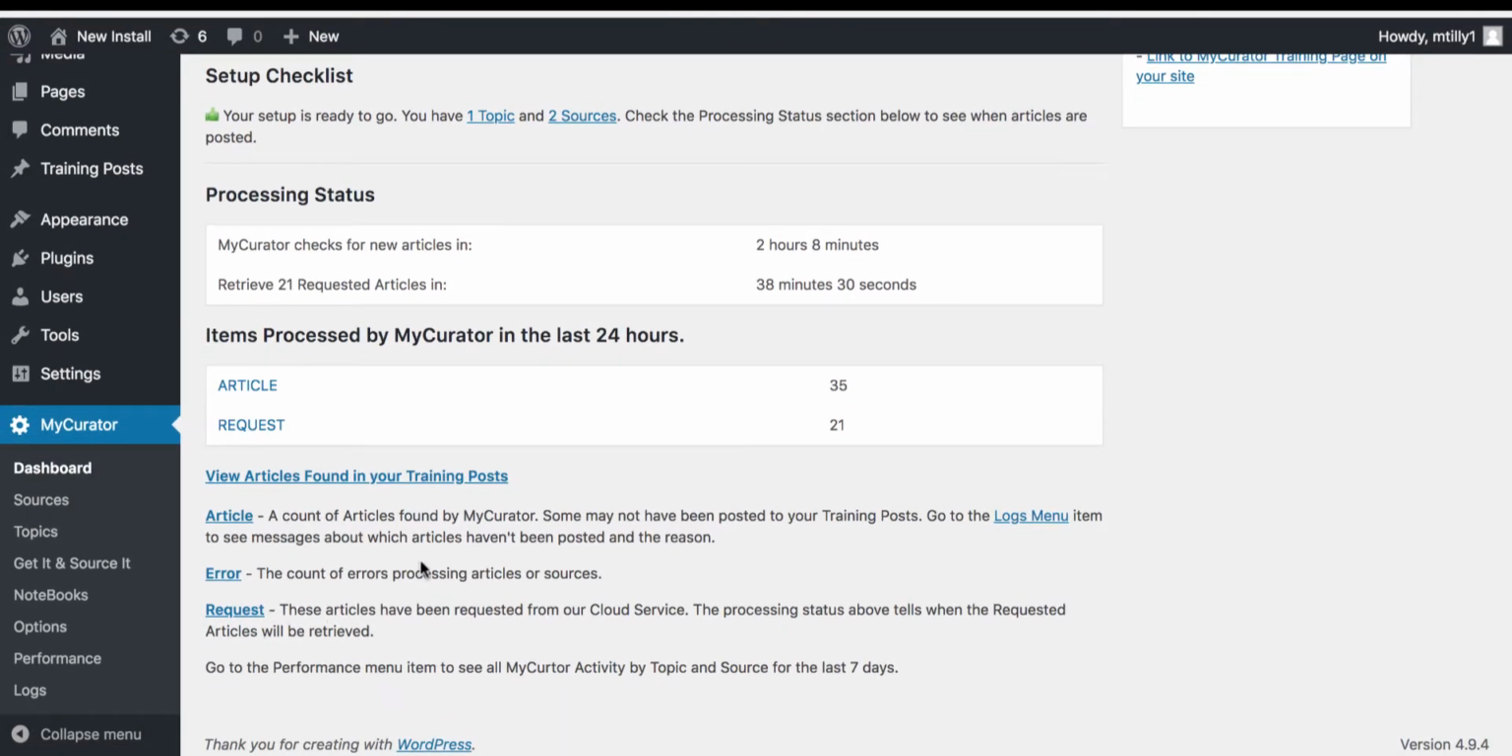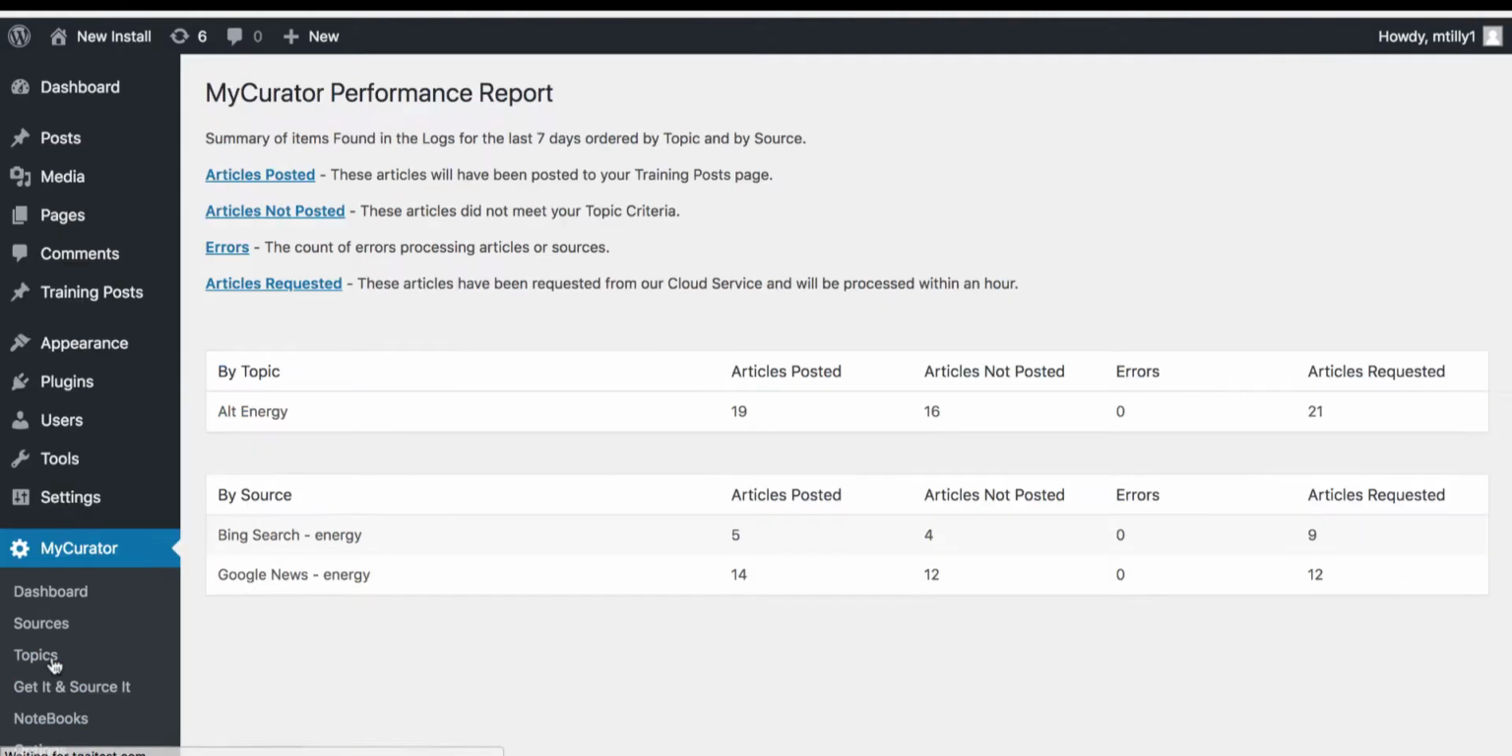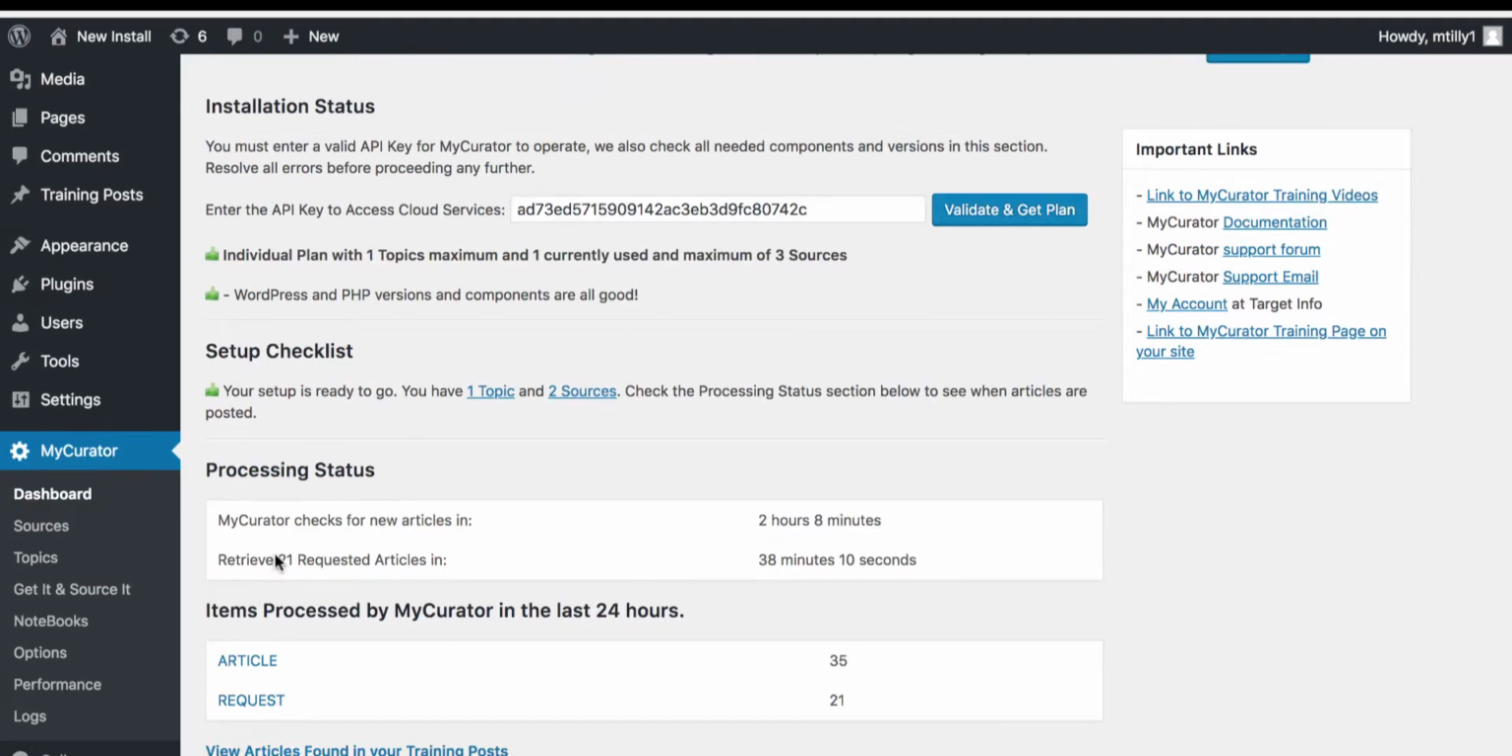And again, the requests. Our performance menu item, which is mentioned down at the bottom, shows how many articles we've found by source down here and by topic if you have many. But here you can see which sources are producing the most articles, which is a very handy thing to do periodically. So that's basically the